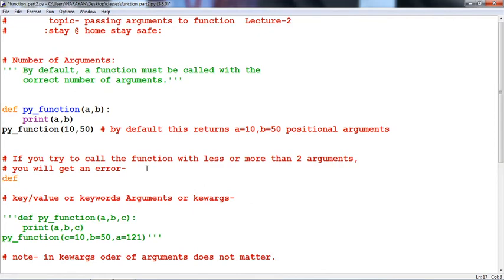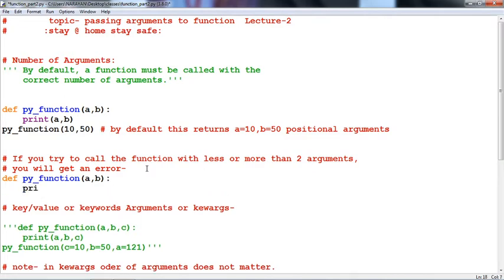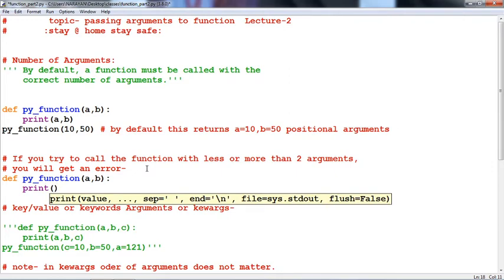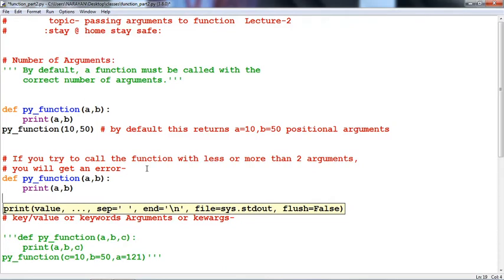Now define a function, and create pi function.